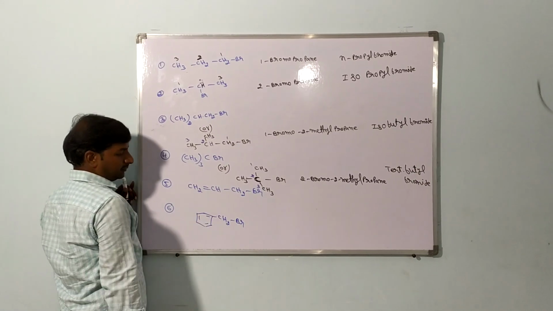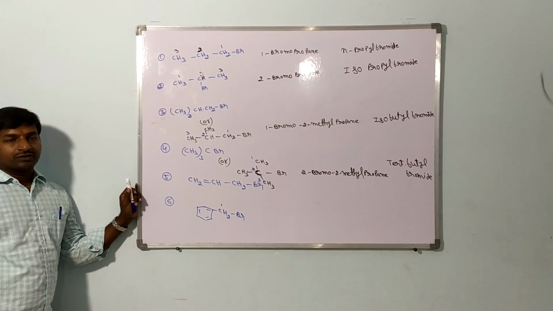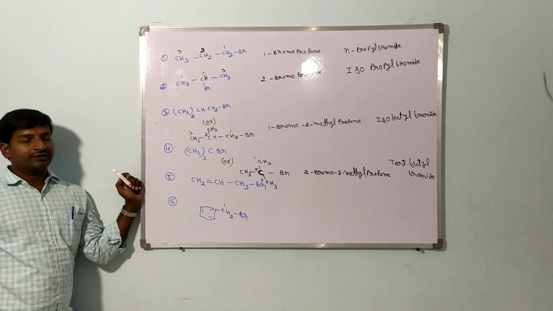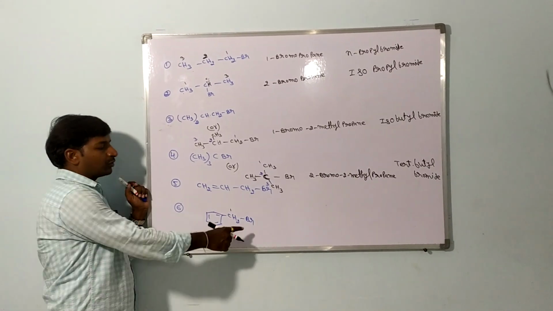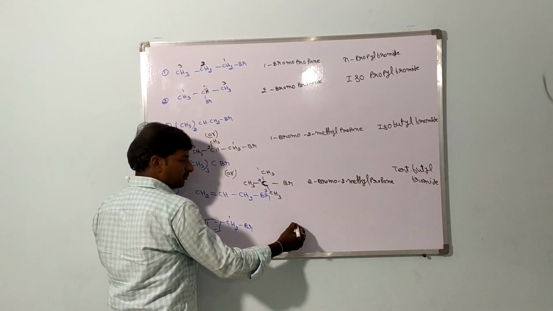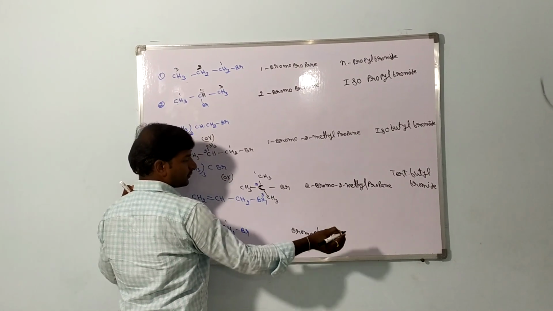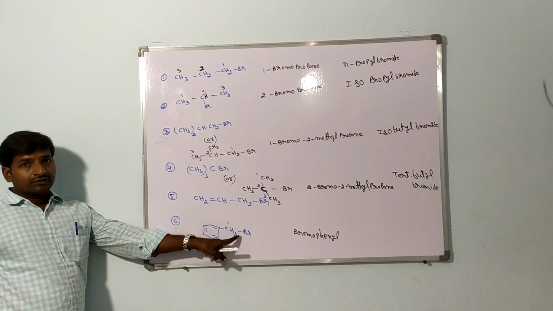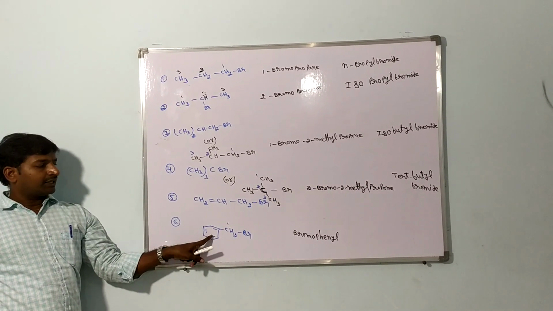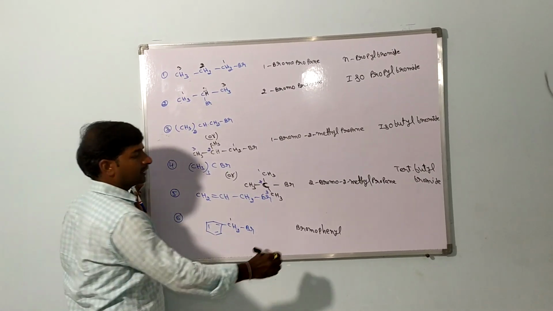So next to this one. So here only one carbon is present. So this benzene ring, this is the aromatic ring. Aromatic ring, we can use the word phenyl. So bromine, we can write it as a bromo. So this one is the bromo phenyl. So bromo phenyl. So this is the bromine, this is the phenyl ring. So bromo phenyl. So this is the one carbon is present, methane.